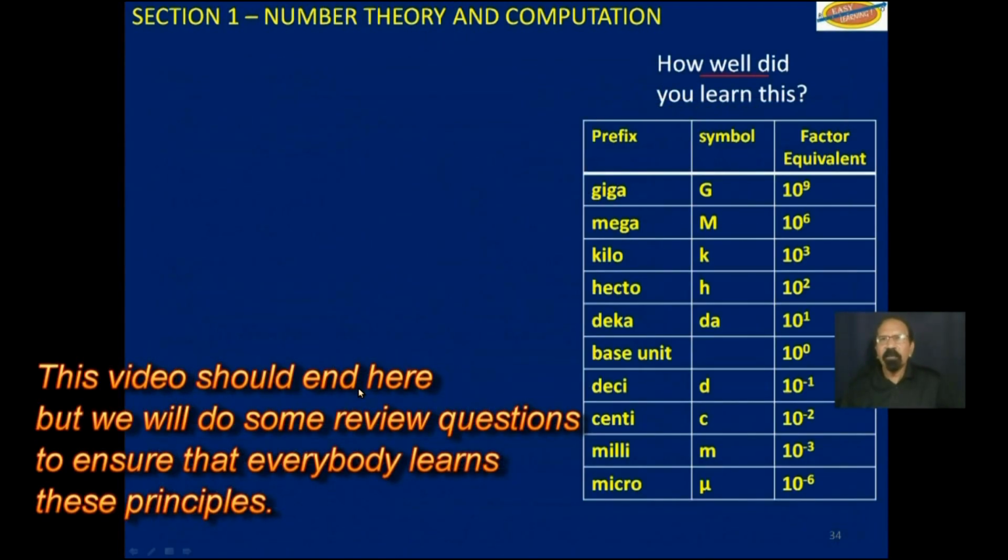Now, how well did you learn this? Remember I said you need to learn this table. You don't have to learn it all one time. Learn maybe the 2 smaller ones below, and then the 2 higher ones above, then learn the next one below, and the next one above, and so on. But you do need to learn it, and what the factors are here. 10 to the 9 giga, for example, 10 to the 3rd kilo, which is 1,000, 10 to the negative 3, which is milli, and 10 to the negative 6, which is micro. Okay.